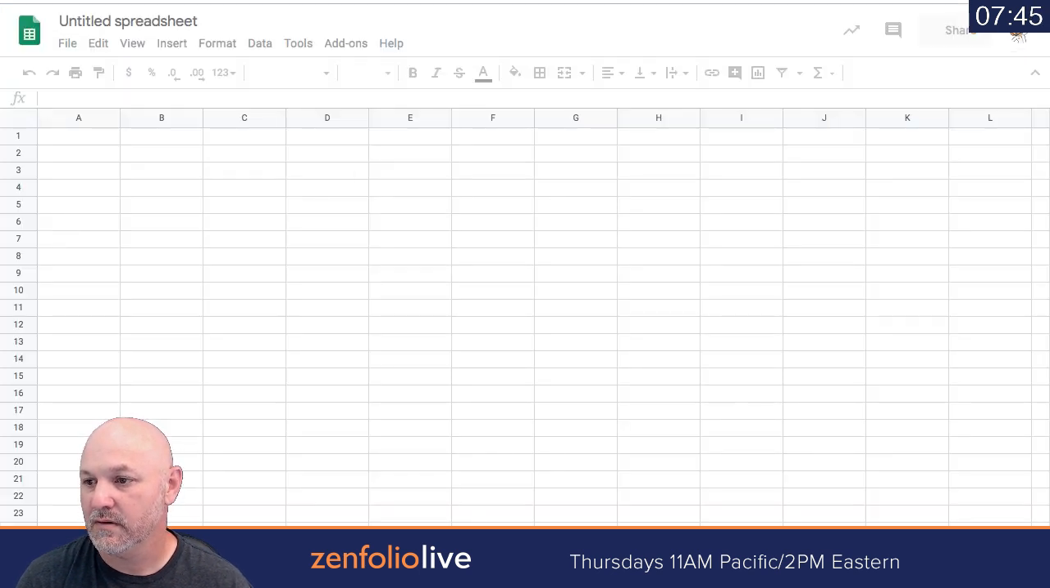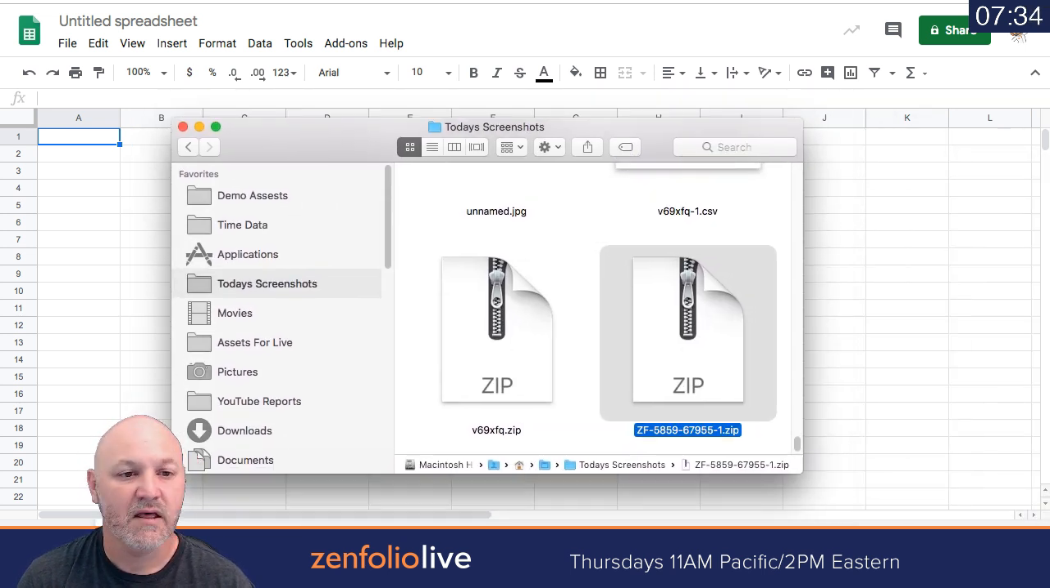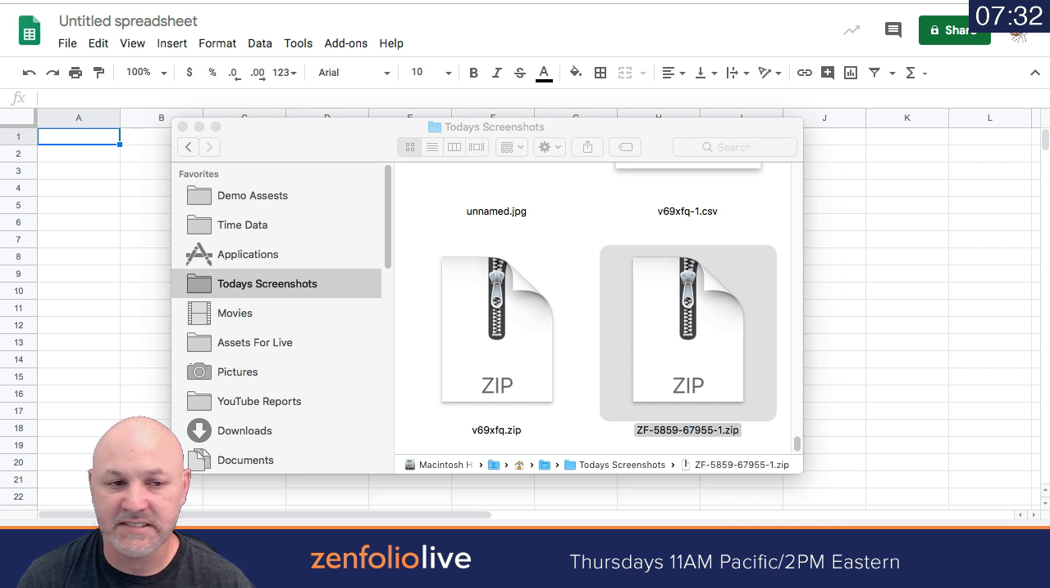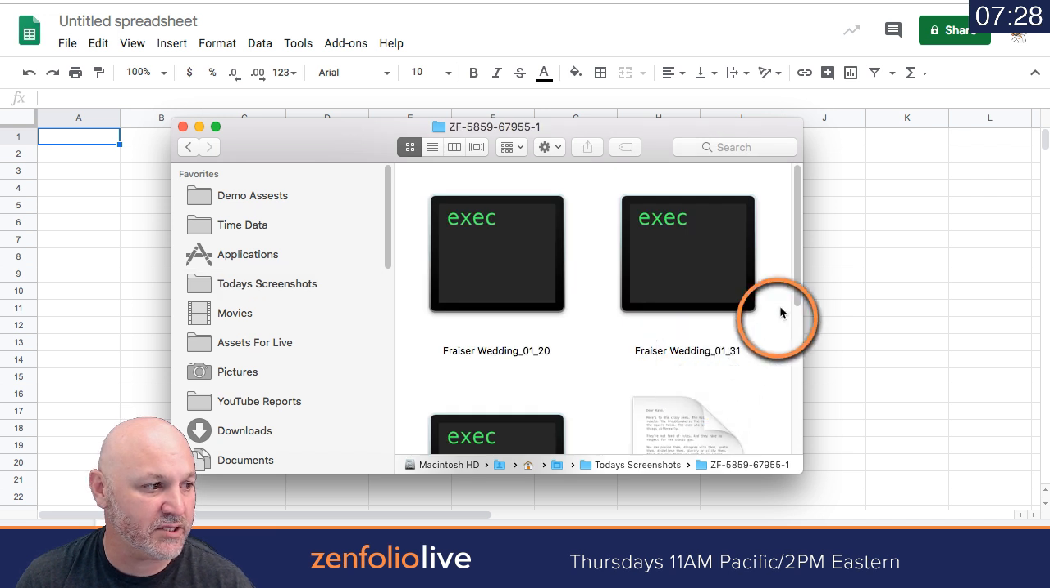All right. And then let me get that file up here. All right, so here is that file. It downloads as a zip file right here. And then we just need to unzip it. And then what you're going to get in there is you're going to get